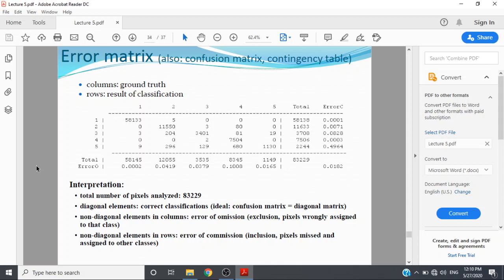Here two types of accuracies are collected, the user accuracy and the producer accuracy, and then the overall accuracy of the system based on the diagonal of the values presented. The column represents ground truth data, and the row presents the results of classification. The total number of pixels analyzed is